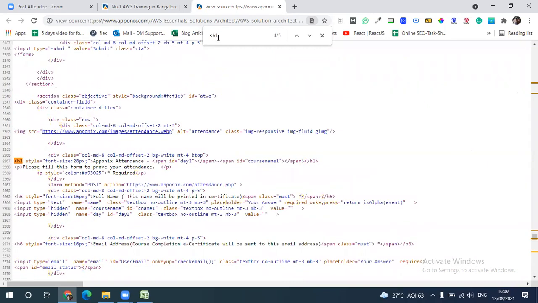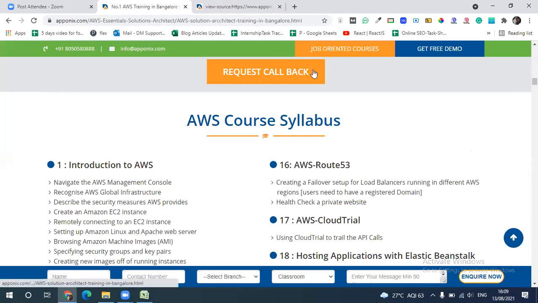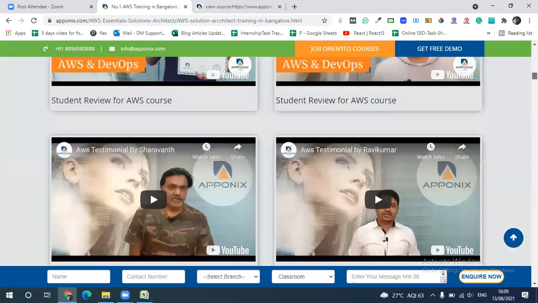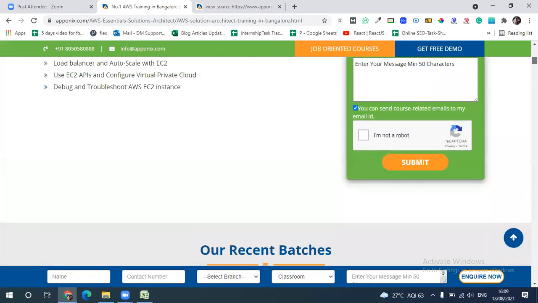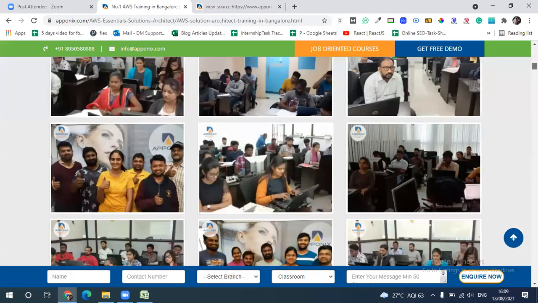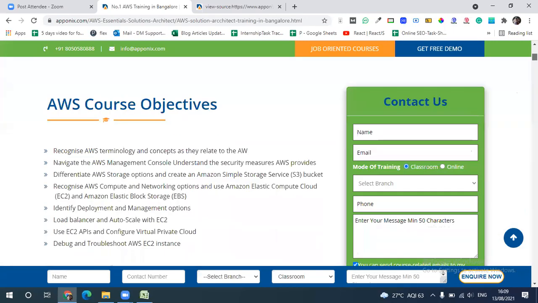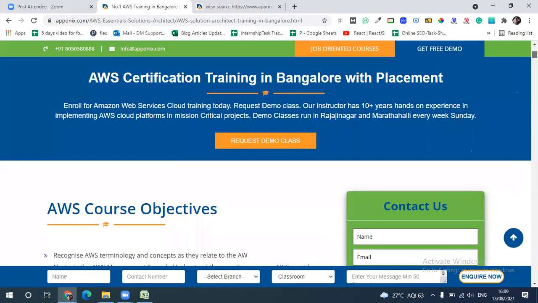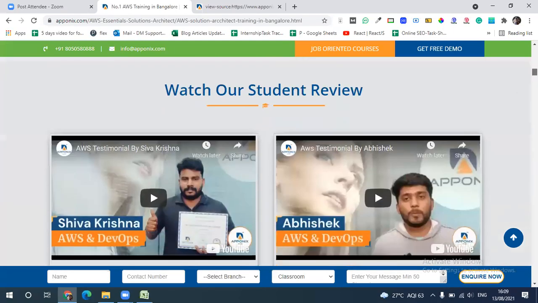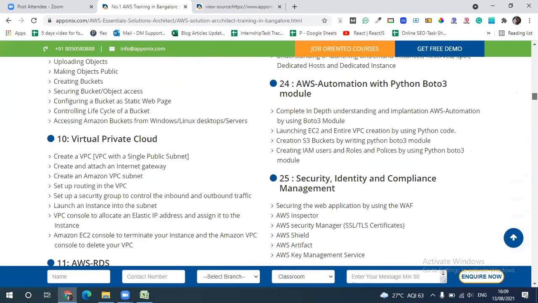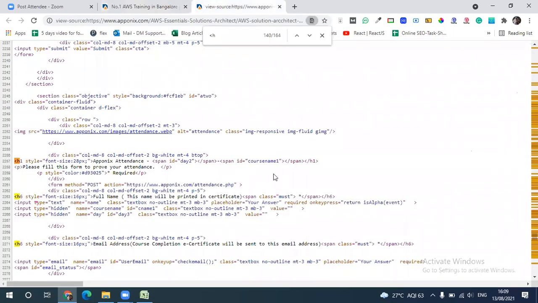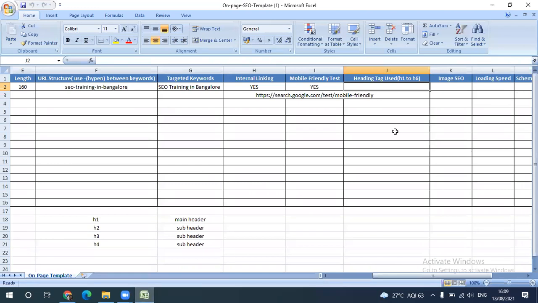So from h1 to h6 you are getting an idea why we have to use them: that is the priority. Even Google recognizes which heading tags are there in the web page, and whether any keywords are present in them. That is one of the reasons. For the description purpose, you can use bullet format, paragraph format or table format, anything is fine, not any problem. But for heading purpose, it's mandatory to use h1 to h6. Not all; you can use h1 to h4 also. If you use all, it is also better, depending on the priorities.